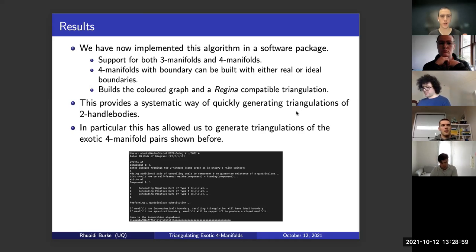You can build various types of 2-handle bodies with or without boundary, different types of boundary, so real or ideal. It'll build you either the colored graph itself, so it'll produce an edge list to build the colored graph, or it'll produce a Regina compatible triangulation. And so this now gives us a systematic way of quickly generating triangulations of 2-handle bodies, or 3 manifolds, if you like. And in particular, this has now allowed me to generate triangulations of the exotic 4 manifold pairs I've